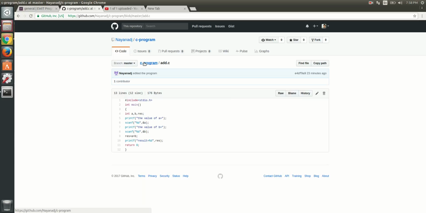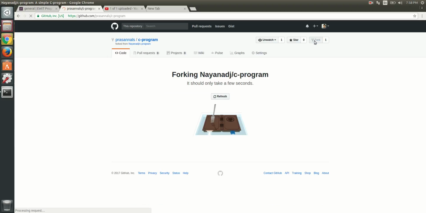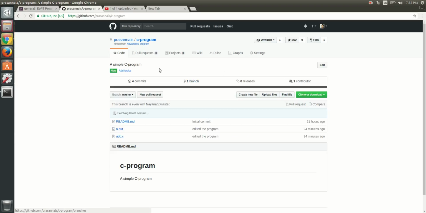I want to improve her program, and the way I can do it is I can fork. If I want to collaborate with her and contribute to her repository, the first thing I have to do is fork this repository. Forking basically creates your own copy of that repository so that you can work on it. After forking, I'll have my own copy of this repository, and then I can go to this add.c